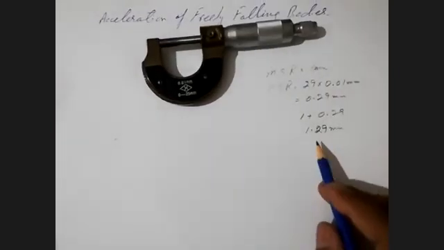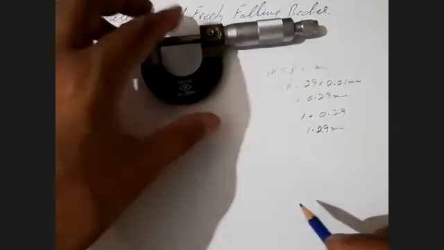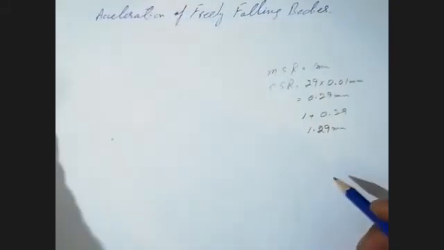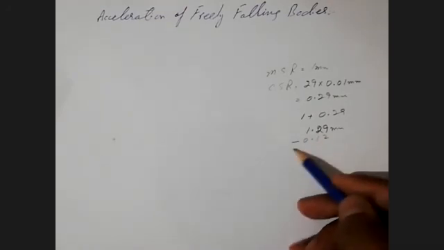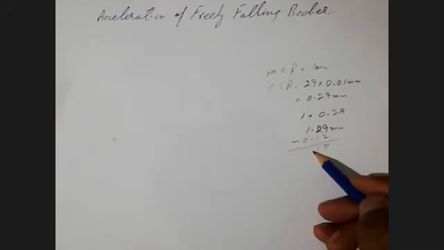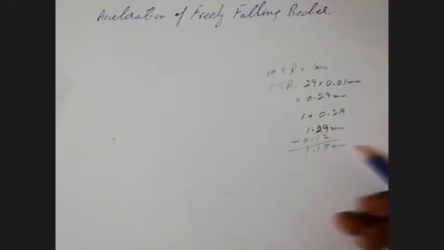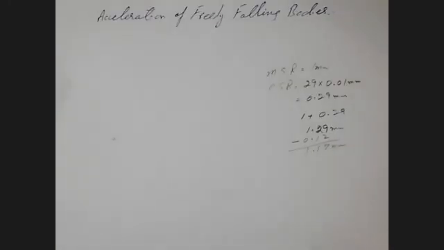As you know, we have taken the reading of the wire as 1.29, and because it was a positive zero error, and it will be discussed in detail, we have to subtract 0.12 from here. I'll tell you in detail what the positive zero error is. So its correct reading may be 1.17. This is a rough calculation. Well, now let us move to the